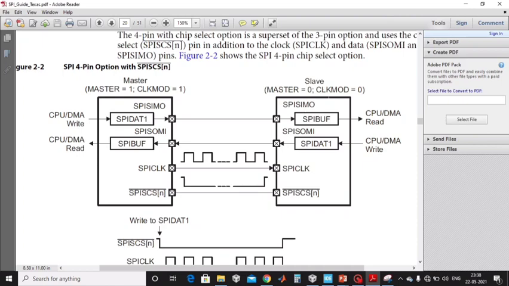First thing is clock, and this parameter is very easy to extract from the datasheet, but we have to be very careful when we are looking for the SPI clock polarity and clock phase in the datasheet of the slave device. We need to be very careful. If we interpret it wrong, then we will not be able to communicate with the device. So it is very important to extract the correct data from the datasheet.